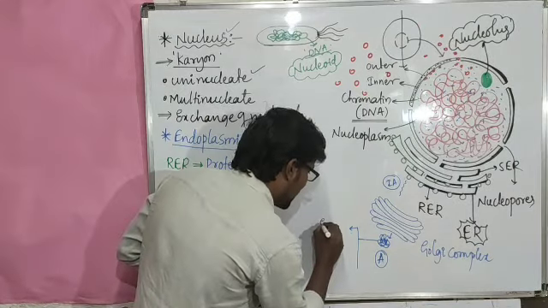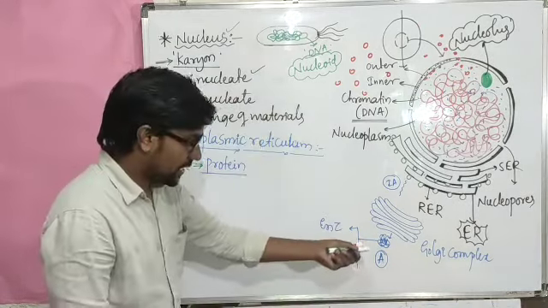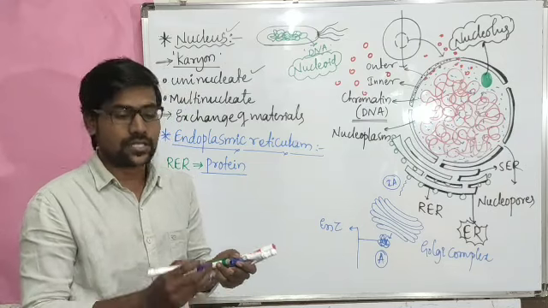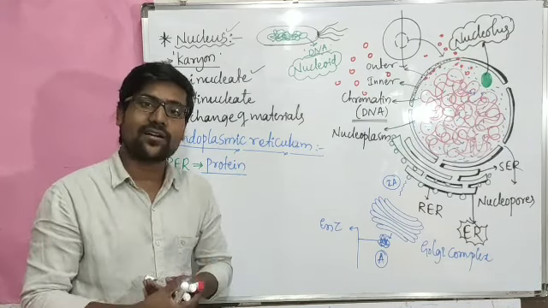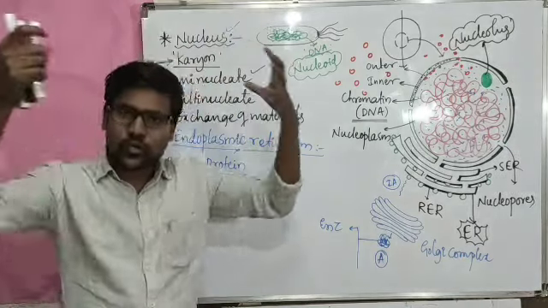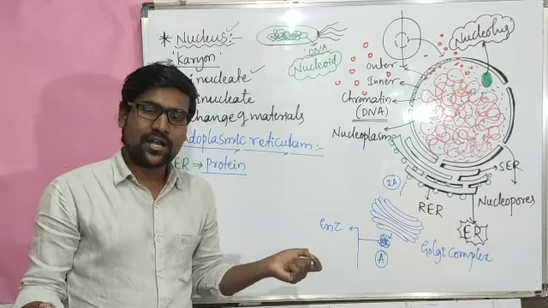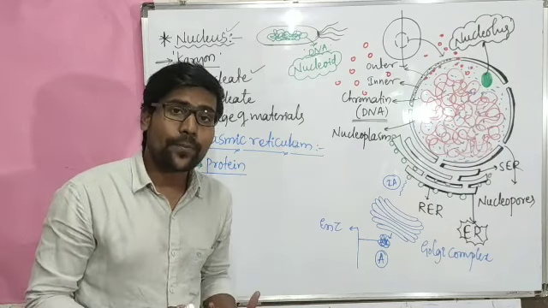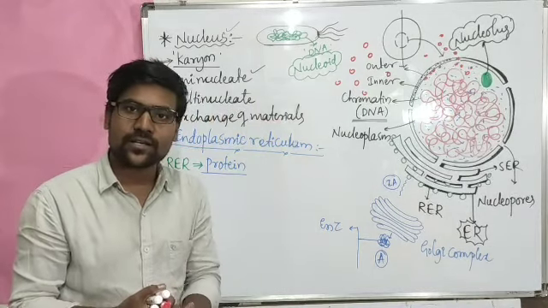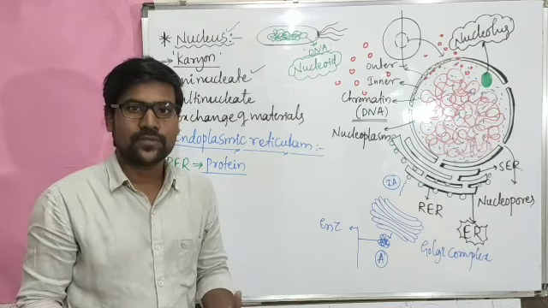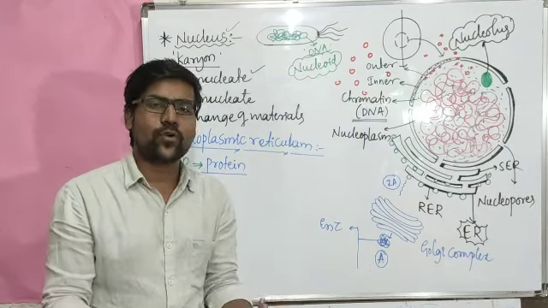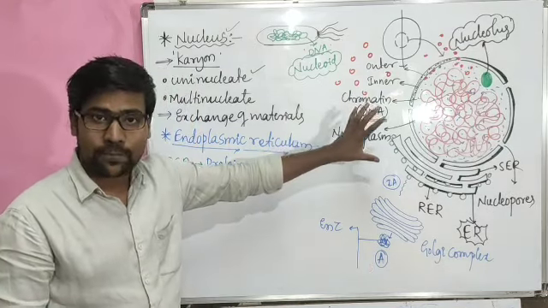So one option, it may become an enzyme. That folded form of protein, now it is active, it may work as an enzyme. Enzyme means workers of our cell. In the cell, all activities are done because of the presence of enzymes. Say for example, if you consider a huge factory, in the huge factory, of course machines will be there, but in order to operate the machines, in order to do other activities, in order to handle all those things, there must be workers. Thousands together, millions together. As the company is big, as the factory is complex, the number of workers will be more, of course. And our cell is complex.